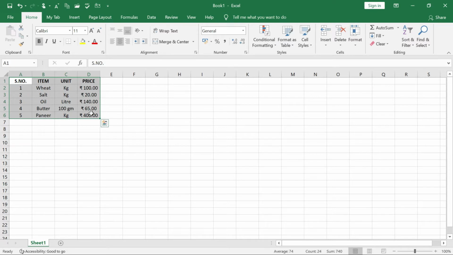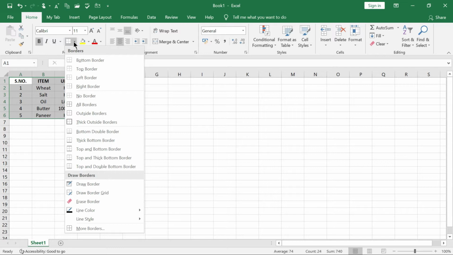First of all, you highlight the cells. Then click on the drop down arrow next to the Borders command on the Home tab. This is the Home tab and this is the Border. There is a list of borders displayed over here. The same thing is available in your textbook. If you follow this practical activity, you will easily be able to write the answers in your theory paper. That's why you need to follow this particular video tutorial very nicely.